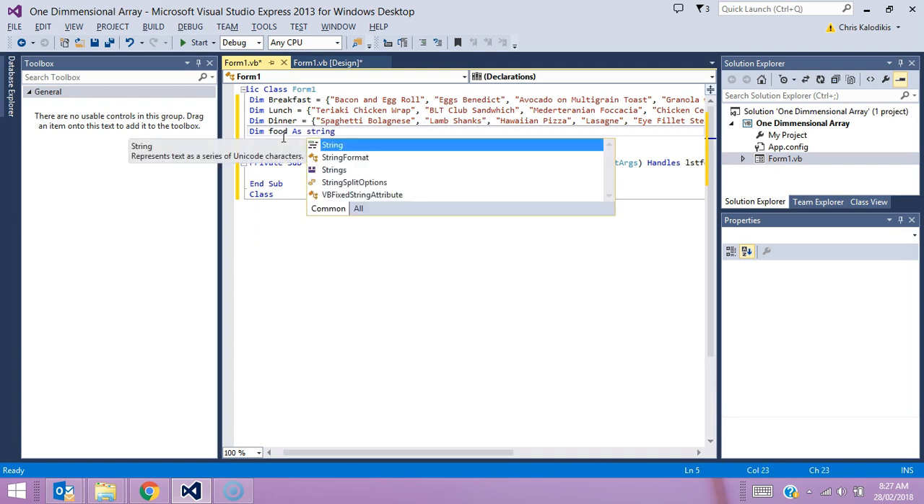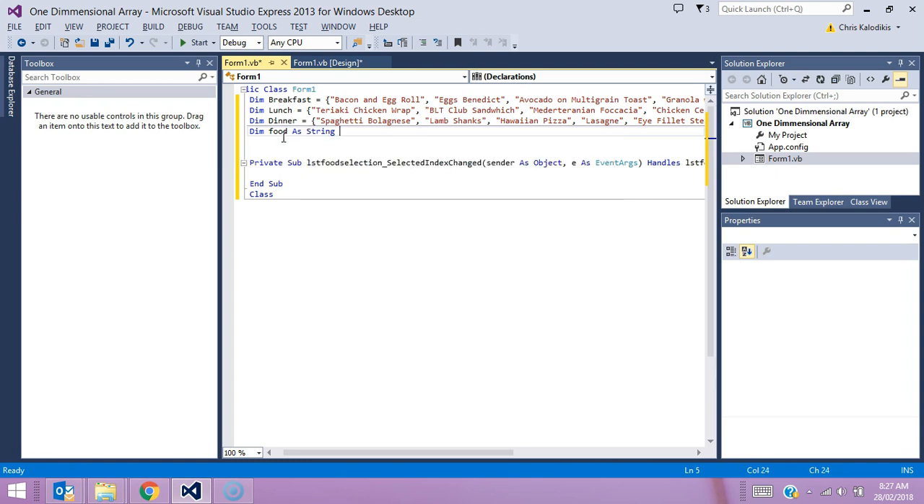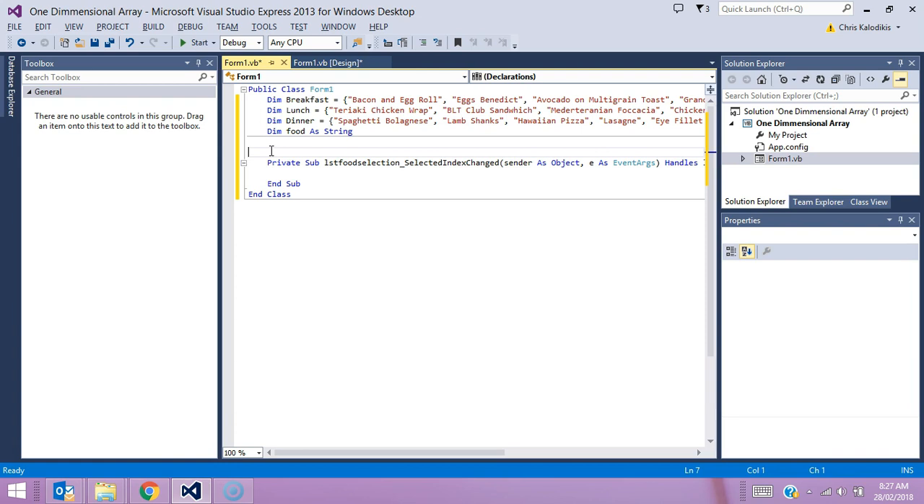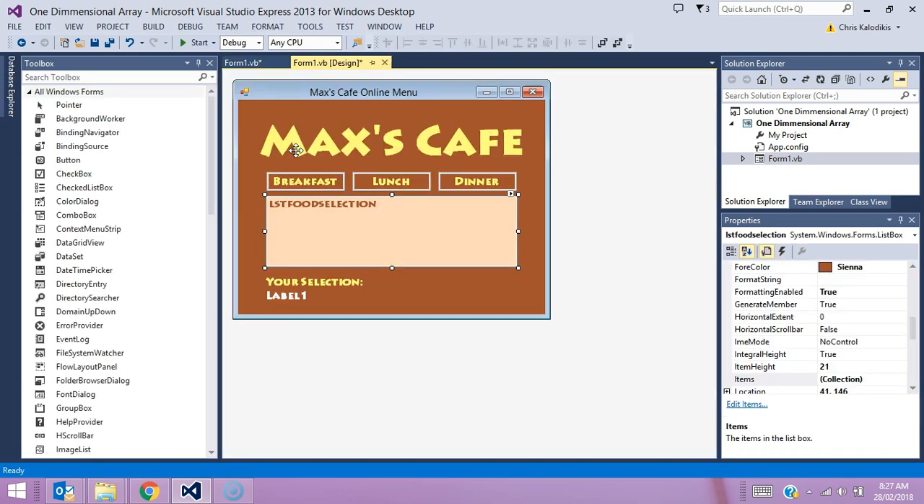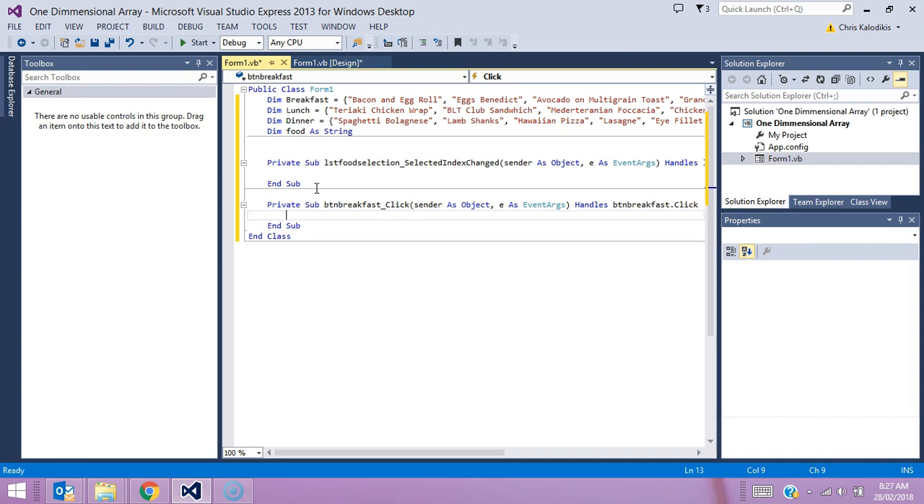It could be food selection or whatever, but that's essentially the user's choice of what they pick from this menu. Okay, so now I've got to program each of my buttons for the list box. Each of my buttons will bring up their specific list. So I'm going to go breakfast first, and what I want with breakfast is basically its food selection to come